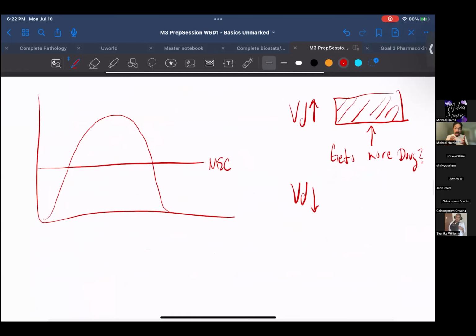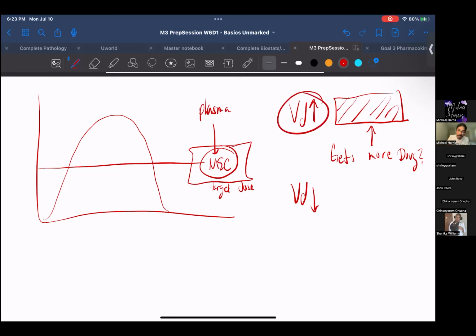Okay, so now you know your target dose, because your target dose is essentially the minimum effective concentration. Okay, so what you end up doing is you end up just multiplying the two together. If you know this is the concentration in the plasma that you need, and you know the volume of distribution,